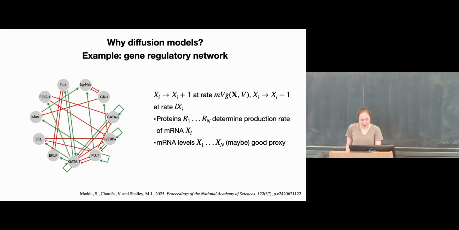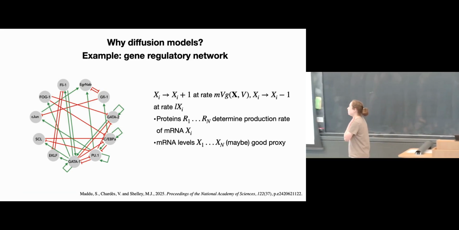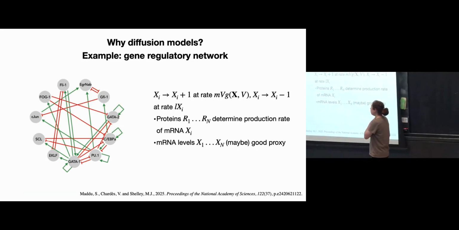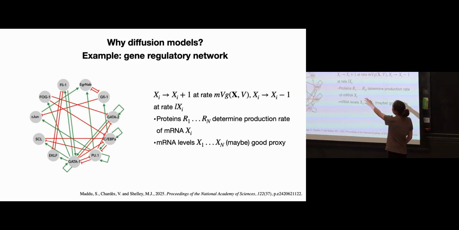If you, for example, try to write down how the levels of these different genes might influence one another, you could start with a stochastic model, something like this, where there is some rate at which